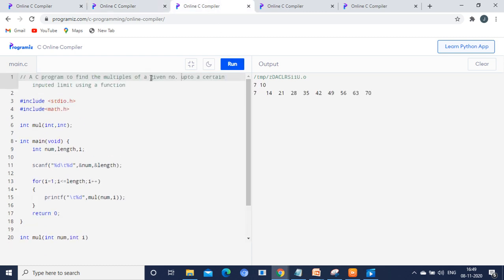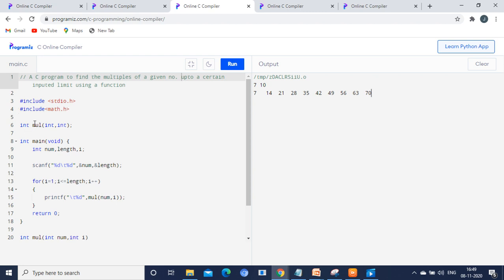The third program is multiples of a given number up to the given length, right? For that it is specifically mentioned that you need to use a function, so I will explain here. Since we are going to use mathematical operations inside, we are importing math.h.